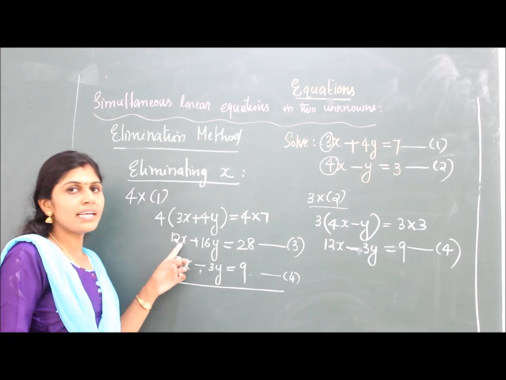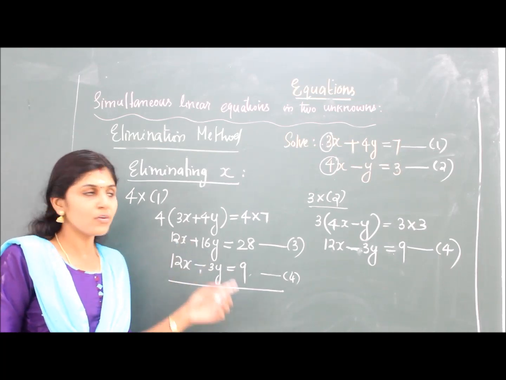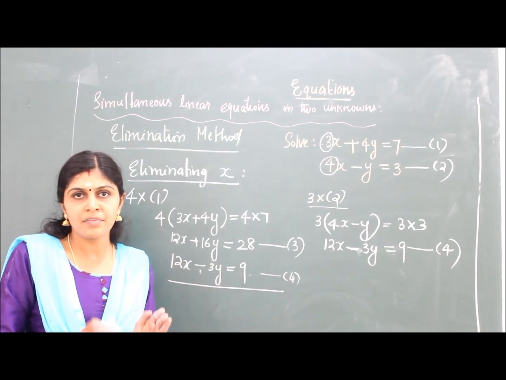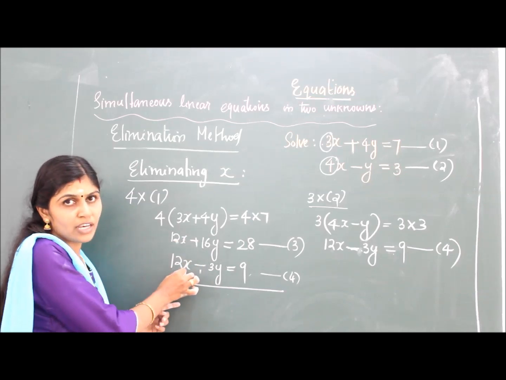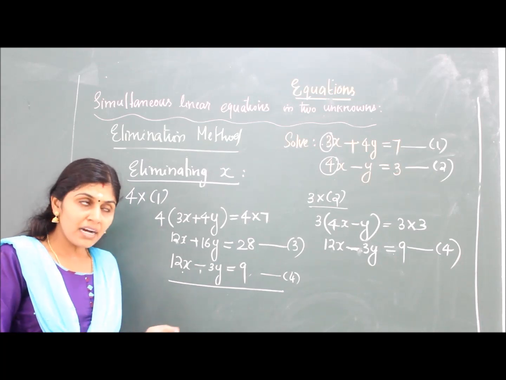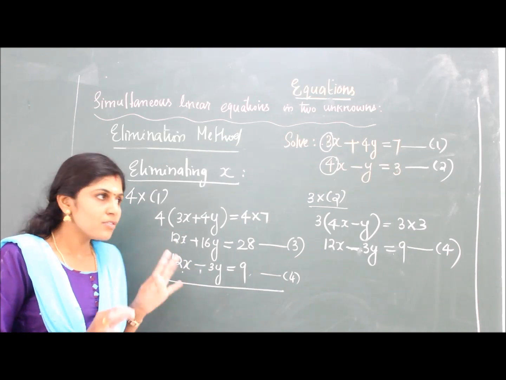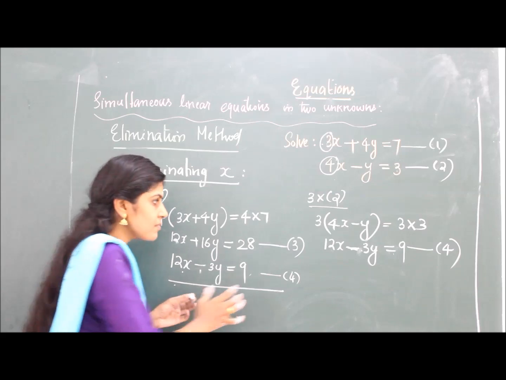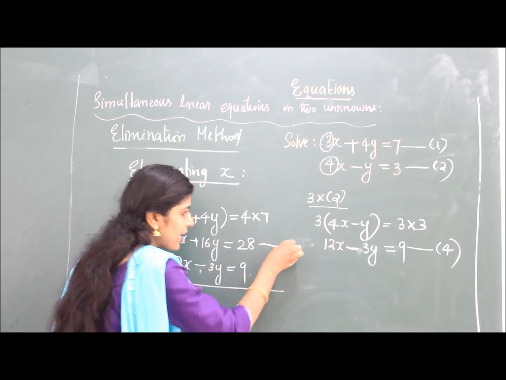Now, in order to eliminate these two, either you can add the two equations or you can subtract the two equations. So, how to choose whether add or subtract? For that, you have to think. See, when you add 2x and 12x together, it won't vanish. It becomes 24x, right? But when you subtract like 12x minus 12x, the term gets vanished. So what you have to do? You have to subtract this equation from the other one. That is how we decide on whether to add or subtract. So here I am subtracting.